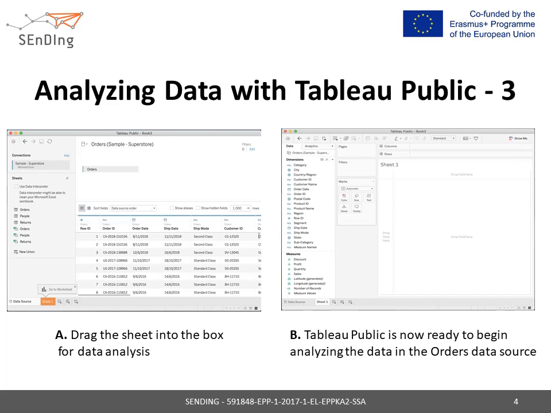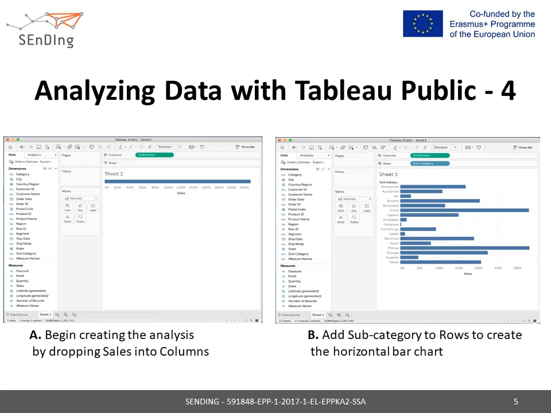the analysis. To create a bar chart that analyzes sales by subcategory of the available data in the sample Superstore.xls file, the following steps must be performed. In the sample workbook created previously, drag the Sales field from the Measures section of the data pane and drop it onto the Columns shelf to produce the result shown in Figure A in this slide. Next, drag Subcategory from the Dimensions section of the data pane and drop it onto the Rows shelf, as shown in Figure B. So, with just 2 steps, a simple bar chart is created that provides an analysis of sales broken